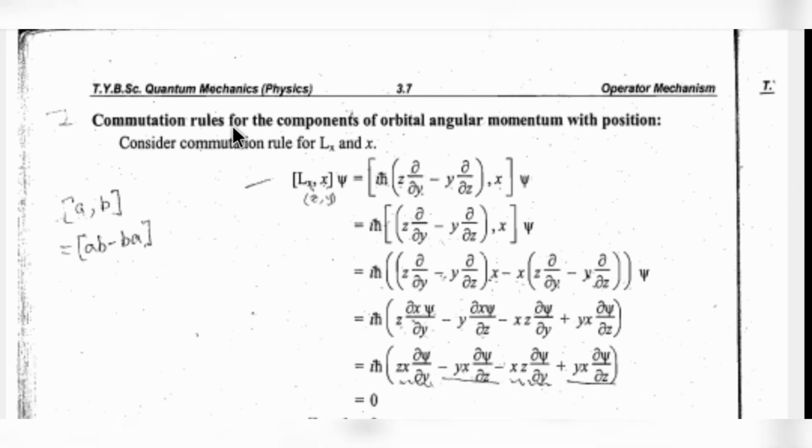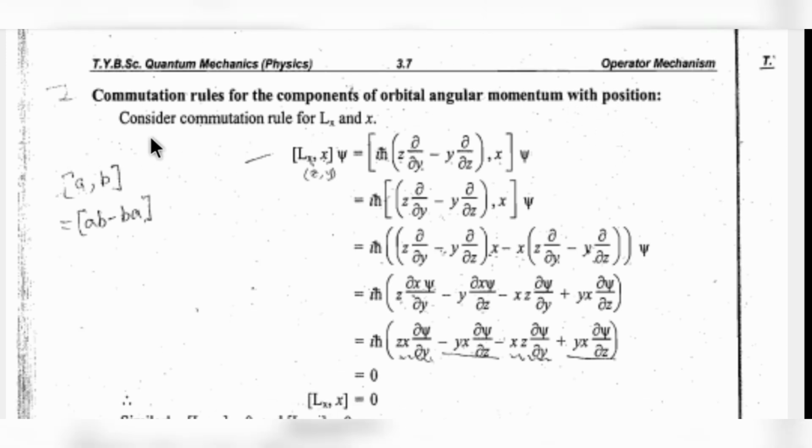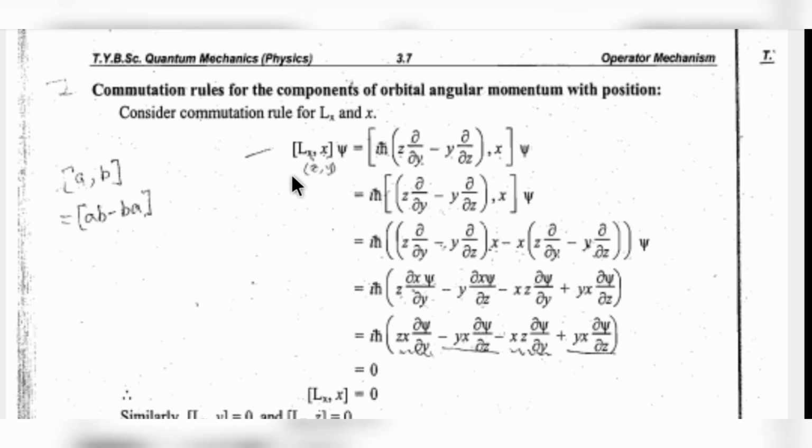So, the commutation rule for the component of orbital angular momentum with position. Consider the commutation rule for Lx and x. What is a commutation rule? When we have two values a and b in this bracket, then we write ab minus ba. By using this formula and commutation rule, we write the values of Lx and x in this bracket. First of all, put the value of Lx in the bracket, and x is written as it is,